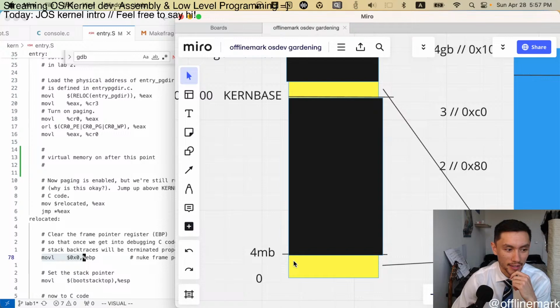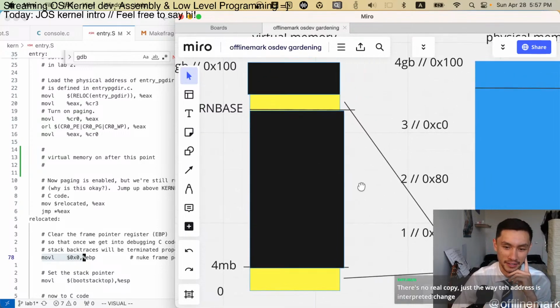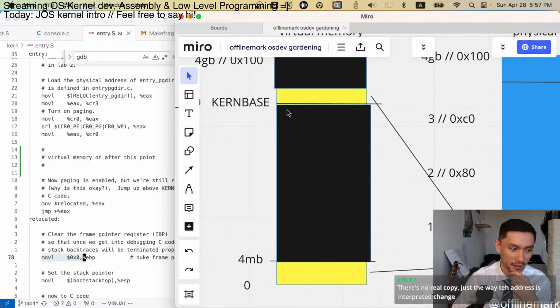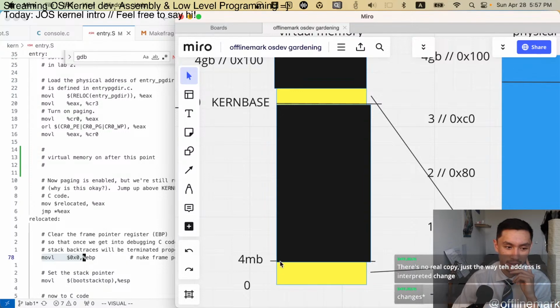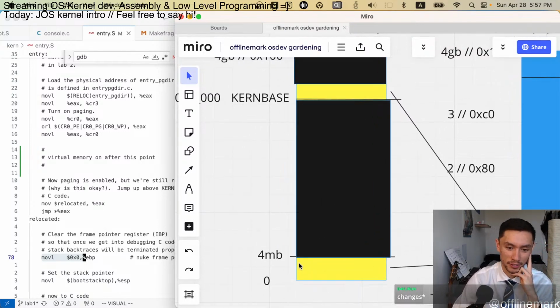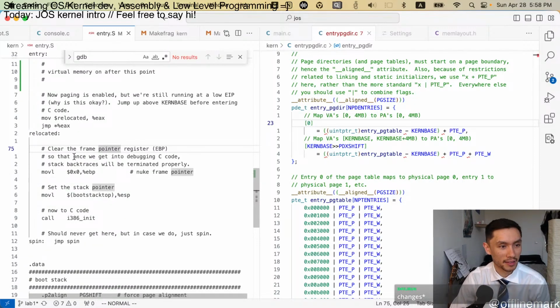So that is, yeah, there's no real copy. When I say copy, that's a good point. The data exists once in physical memory. It's just a mapping. There's one copy of the data. It's mapped twice, so there are two virtual copies of the data, basically. And you seamlessly go from one and transition directly into the other one with this line. And then, as Daily Run was saying, once we're up here,